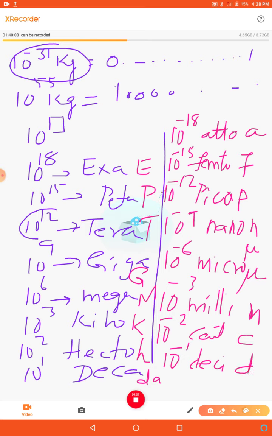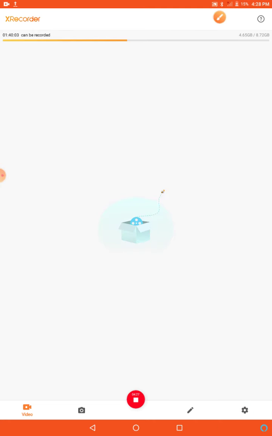So these are the small measurements that can be done using the factors of 10 power. Try to remember all these prefixes. 10 power of 9 means giga, 10 power of minus 9 means nano. These are the measurements that you should try to remember. Then we shall go for graphs.